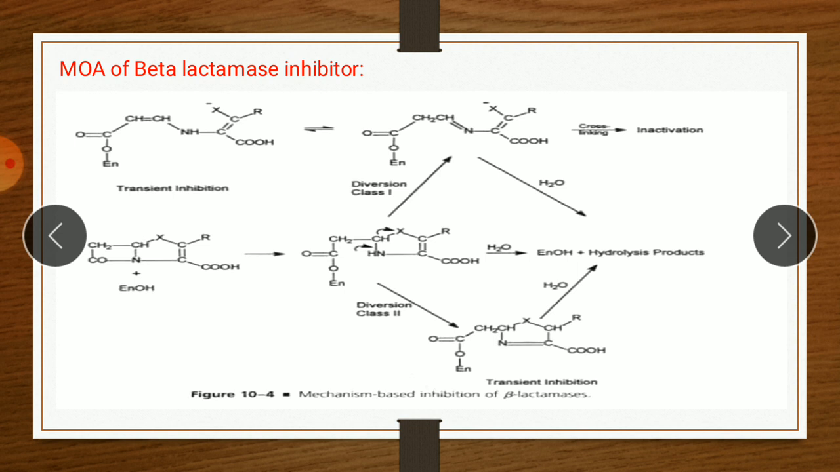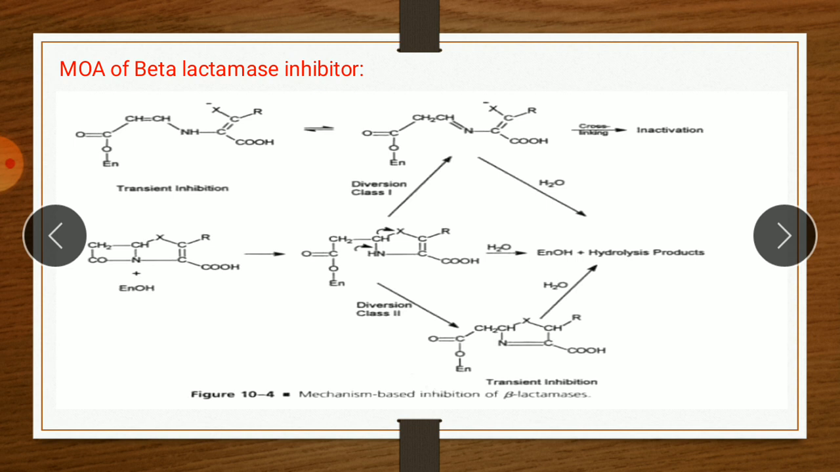longer period of time due to this diversion reaction, and therefore the beta-lactamase enzyme is blocked for a longer period of time, and the beta-lactamase sensitive penicillin works as an antibiotic because it is not affected by the beta-lactamase enzyme, which is already blocked by the beta-lactamase inhibitor. So it is the mechanism of how these two drugs are given in combination. In the market there is a combination of these two types of drug, that is beta-lactamase sensitive penicillin